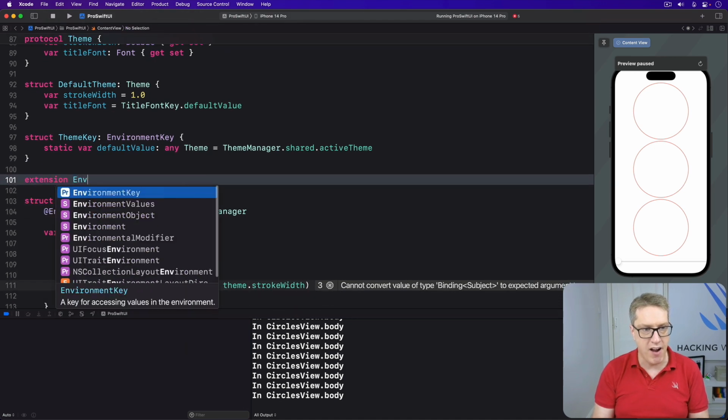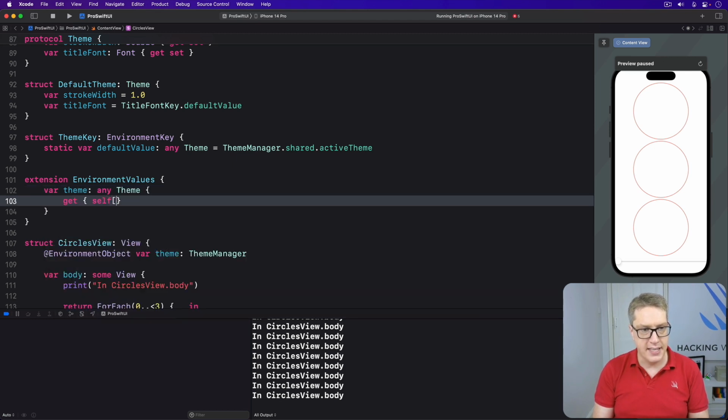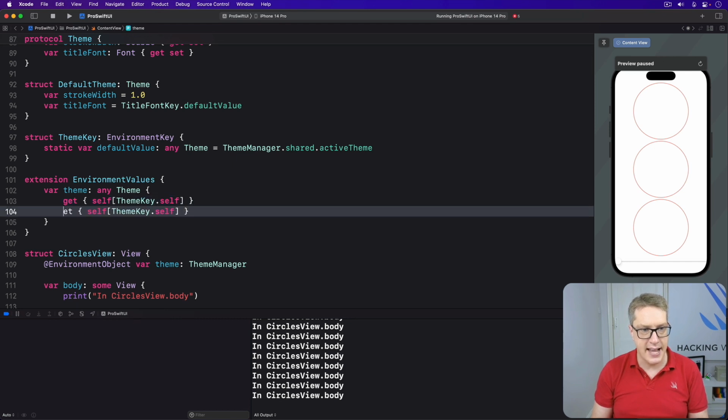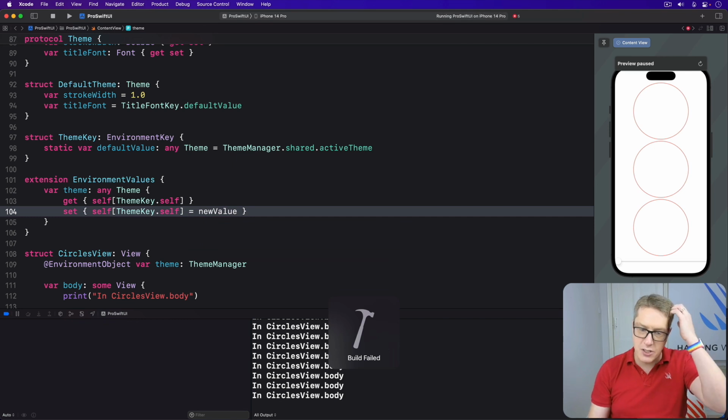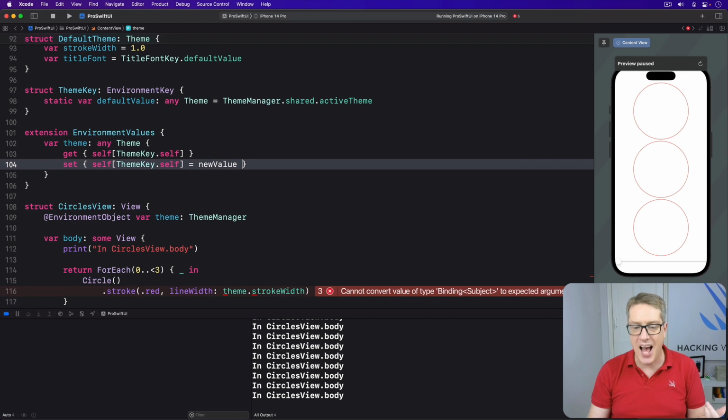And then an extension on EnvironmentValues with theme, any theme. Get will be self[ThemeKey.self], and then set will be that equals newValue, like that. Now we're going to expose this thing to our views in a natural way, but we can't just add a